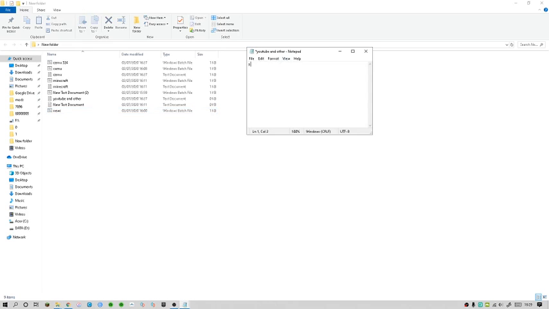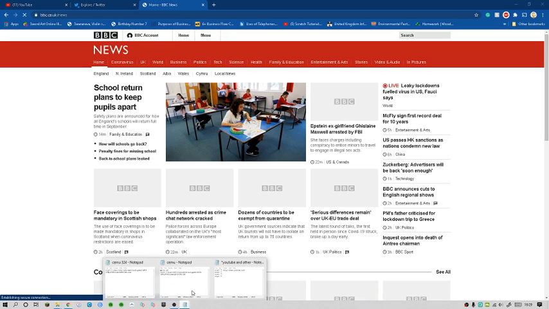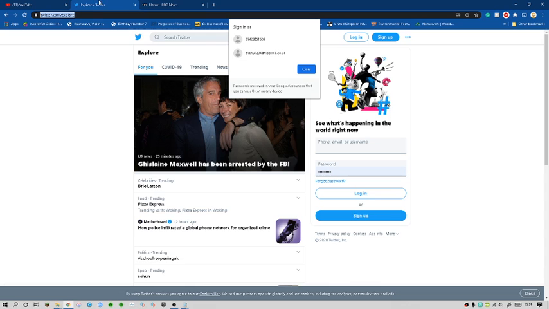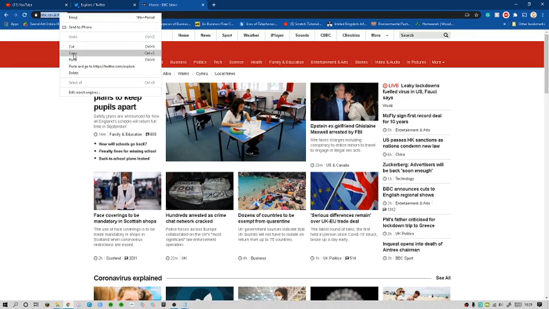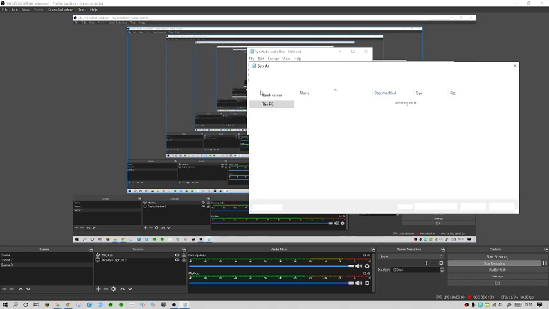So just click start, and then this, and then Ctrl V, so like youtube.com, and then you could just copy this, and then Ctrl V as many times as you want to open, and then next go to Twitter, whatever website, and then just paste that, and then click BBC News, and then copy this, and then just paste it here, and then leave a space, and then click save as